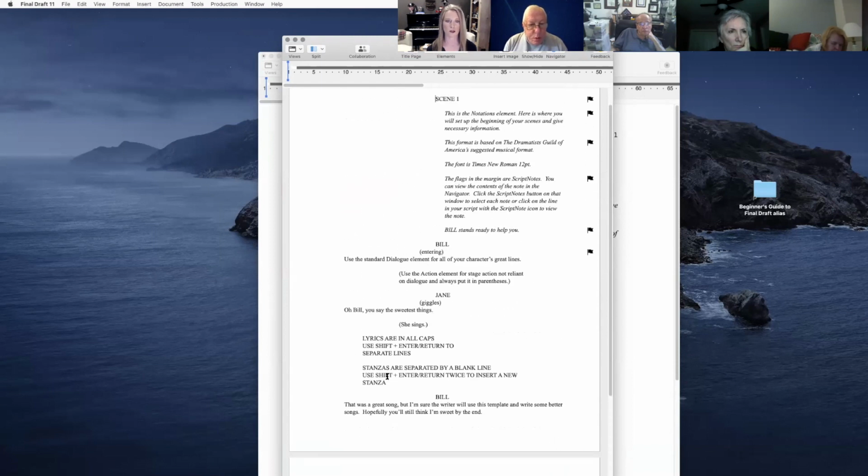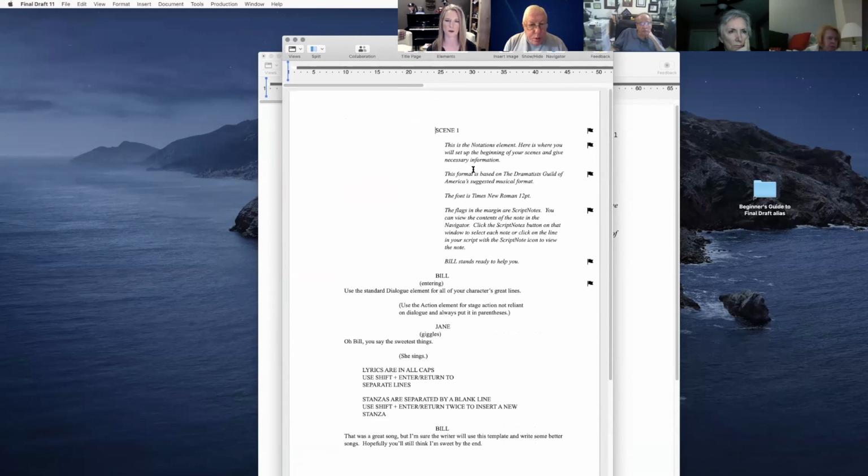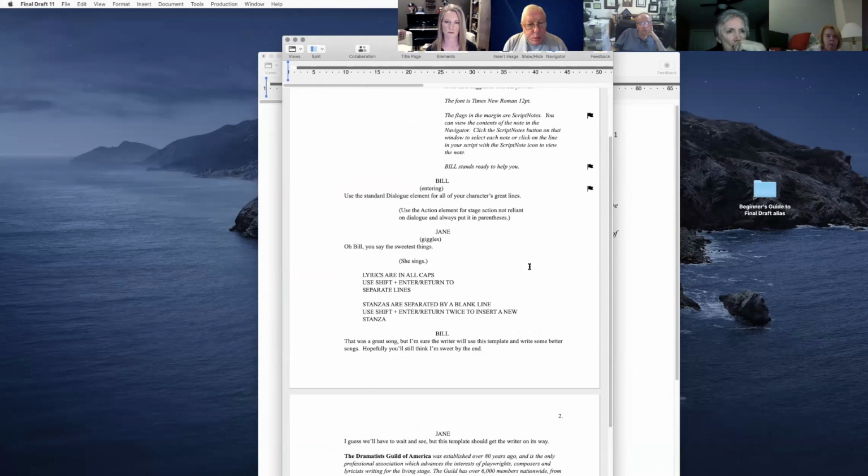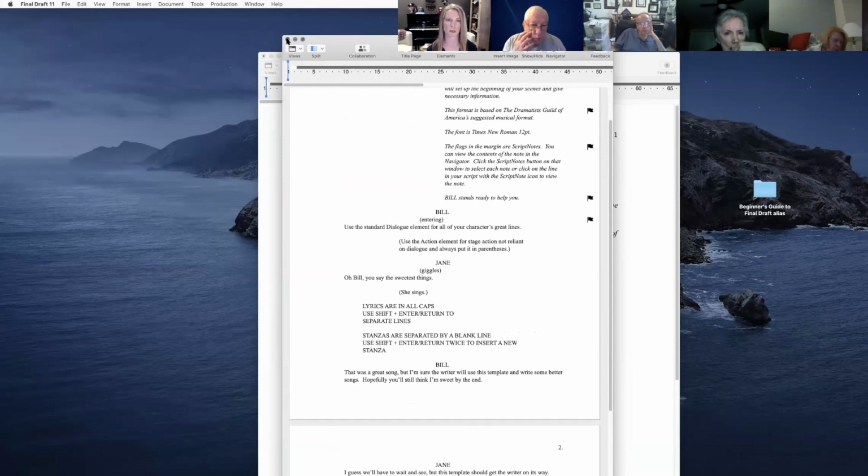They've got the shift and a return. In fact, this is kind of the one that I used to build on. I've added a few other things that made it easier for me. But this is a great one to start, and it's pretty much the same thing, but it doesn't have a